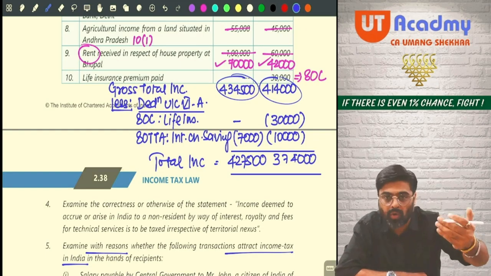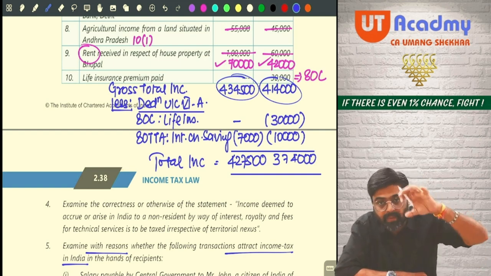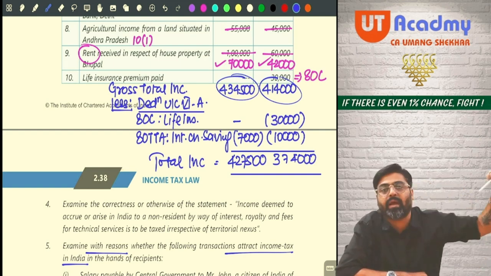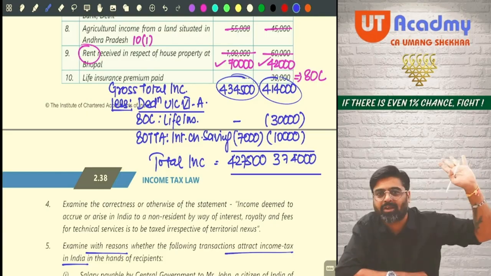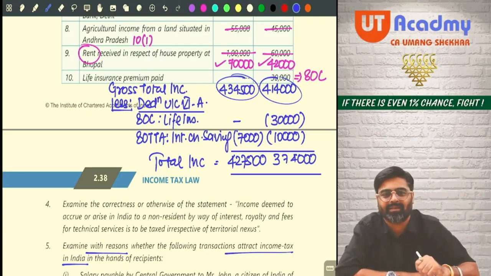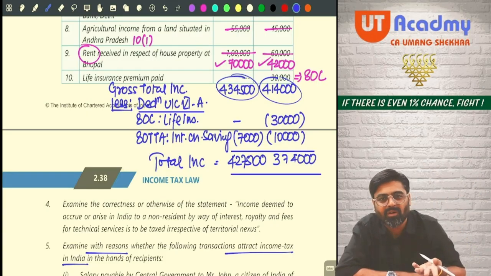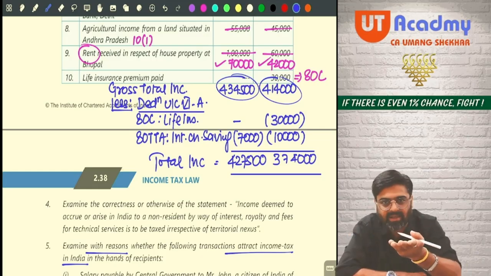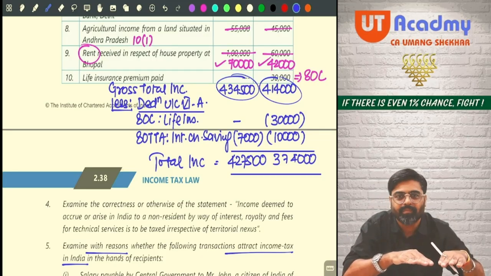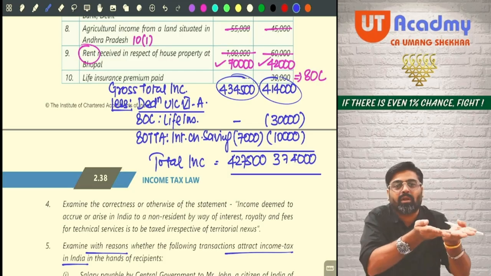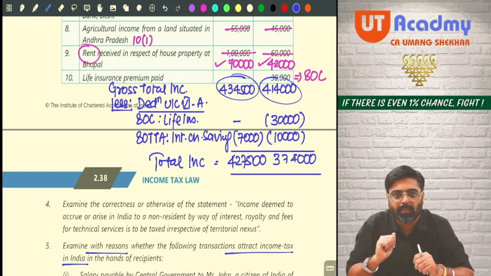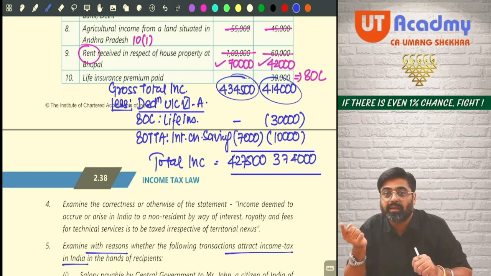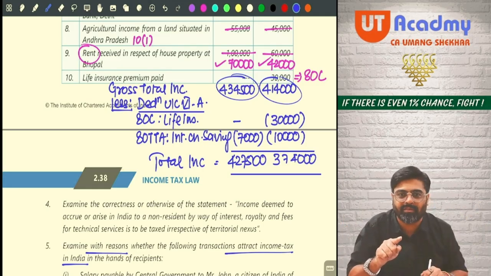Because when you follow 115BAC, there are many deductions and many exemptions which they take away from you. Out of all those deductions and exemptions, that one is also there. All the Chapter 6A deductions are gone. You will not be allowed any deduction. So is it better for us? No. Why? Because if we are able to get the deduction and reduce our total income, it is always better to pay tax on a lower total income rather than on a higher total income. Yes or no? But if you follow 115BAC, these deductions will go away from your hands.